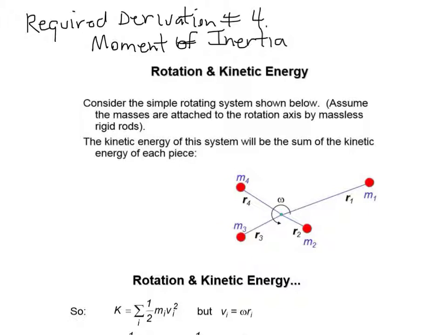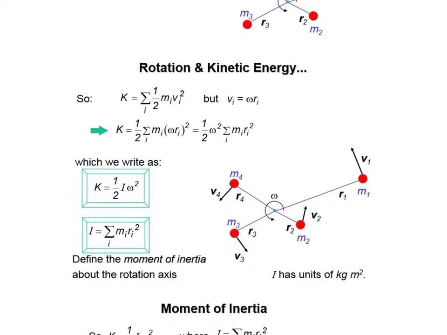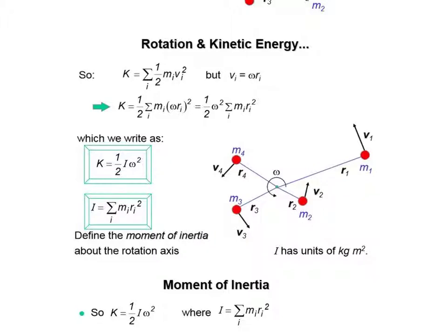And the kinetic energy is equal to 1/2 mv squared for each one. So if we wanted to know what the rotational kinetic energy of the entire system was, then we would simply add up the kinetic energy of each of the constituent masses. However, you'll notice that the masses are at different distances from the center of mass about which the system is rotating with omega. And so